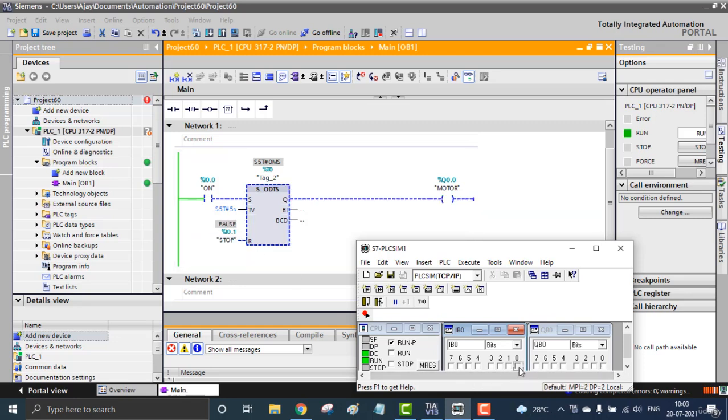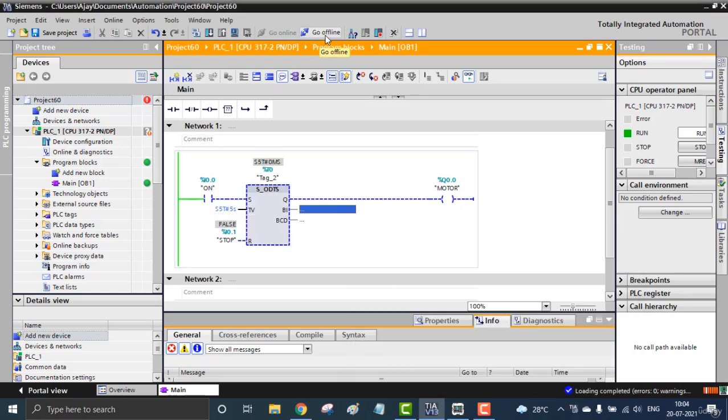Once more I'll show you, on and off. You can see even if the input is not held, that timer will be working for 5 seconds. After that, that will hold the output. That needs the separate reset bit, I0.1. So that is the ODTS.